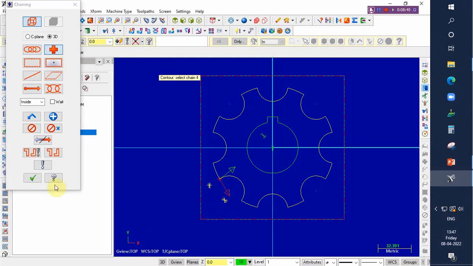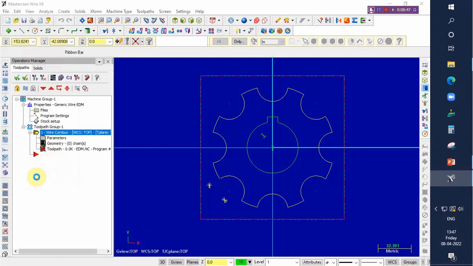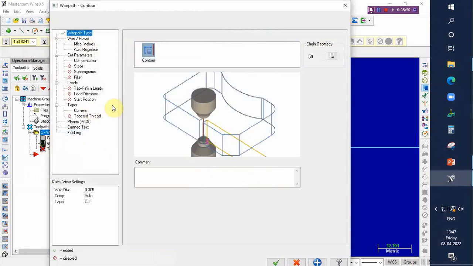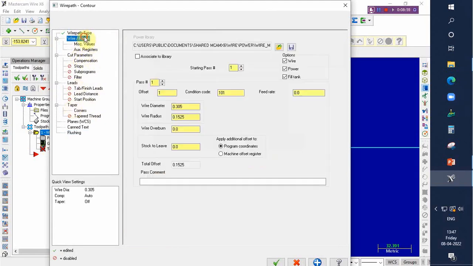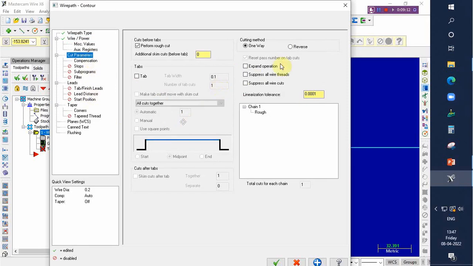Simply give it OK. Now the program parameter page will be open. Go to wire power, cut parameters, compensation, leads and taper to be entered. Go to wire power, just enter the wire diameter. This is nothing but the cutting tool, brass wire of 0.2 mm diameter. And go to cut parameters, reverse option to be selected, tab cut to be selected, and then enter the diameter as 0.2,